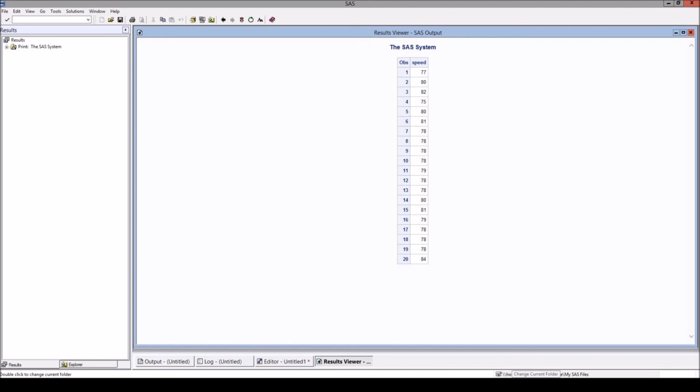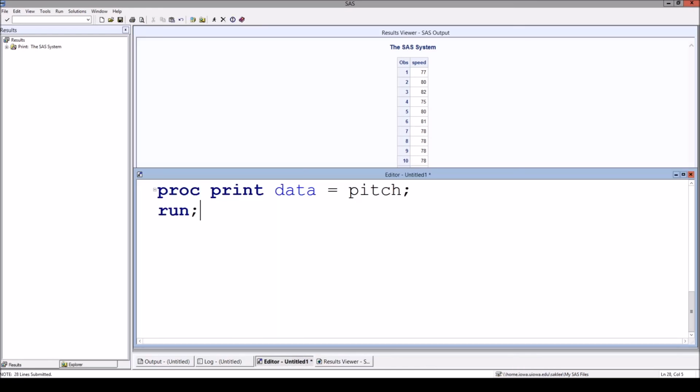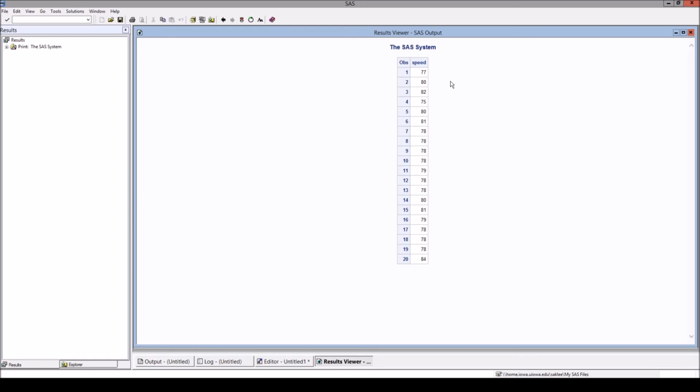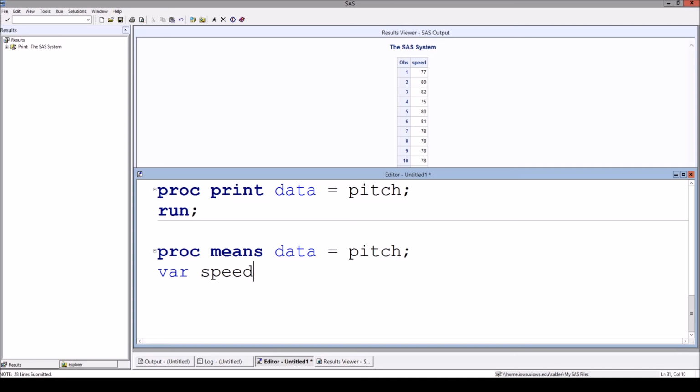And I just want to calculate some basic statistics, such as proc means data equal to pitch, and my variable name is speed1.